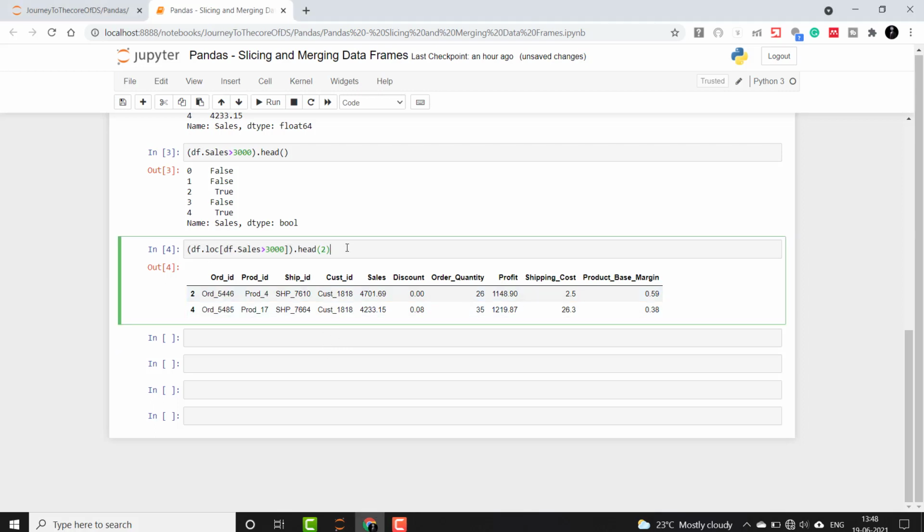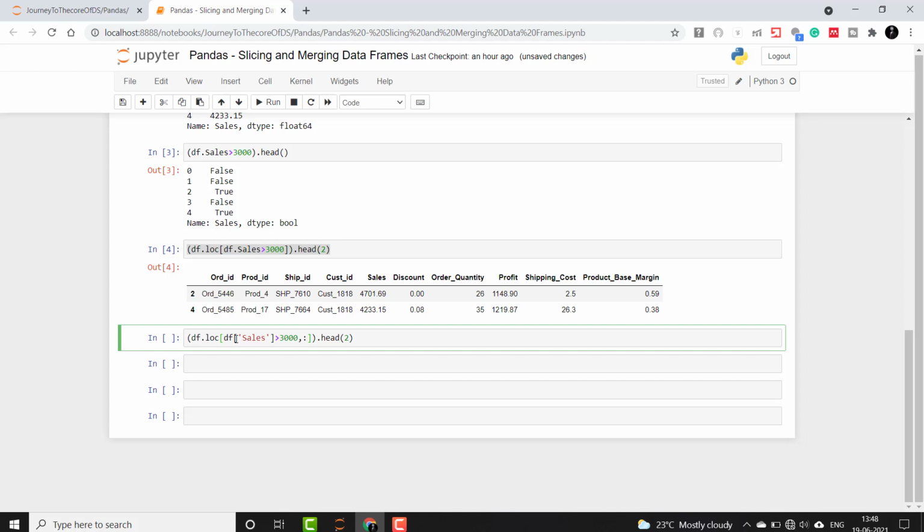We have seen previously that it works both ways. So I will mention this in the square brackets, and what we can also do is mention a colon here. This is an explicit way of saying that we want all the columns.